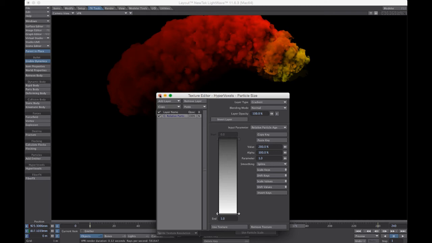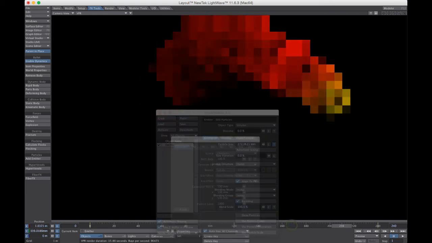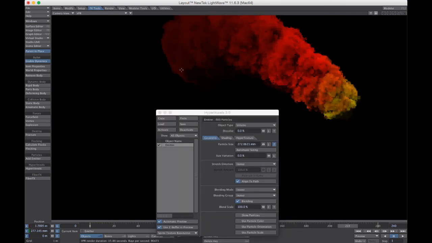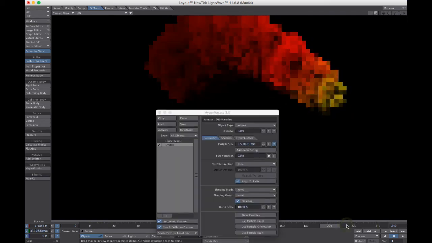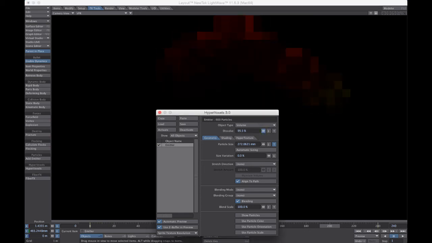The other interesting one here is this dissolve. There's a strange behavior when these particles are going along here: as they age and reach their expiration date, they disappear. They just sort of pop out of view, which kind of looks weird, and I don't like them doing that. So what I usually do is use this dissolve. With the dissolve, at 0 it is solid, and as it goes up to 100%, it fades to